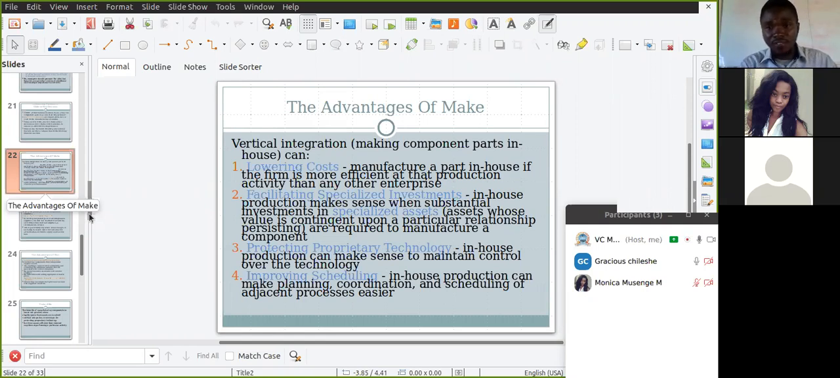Facilitating specialized investments. In-house production makes sense when substantial investments in specialized assets, assets whose value is contingent upon a particular